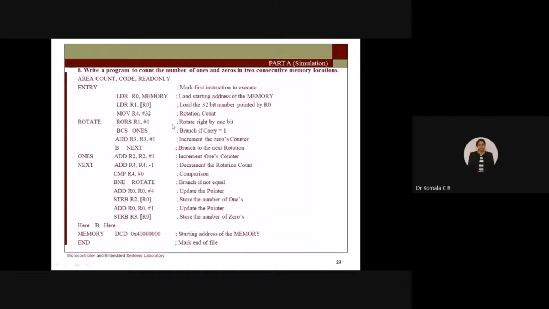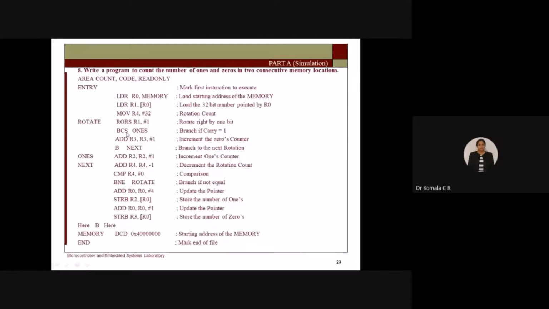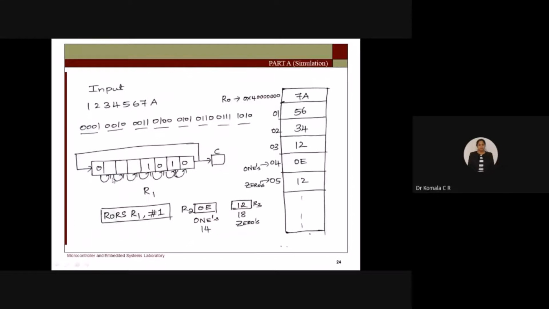Next step, the first time I will perform the rotate instruction: RORS R1, 1, which I will explain in the next slide. So one time you are rotating the content of R1. What is the content of R1? It is the content of the memory location pointed to by R0, which is 7A the first time.